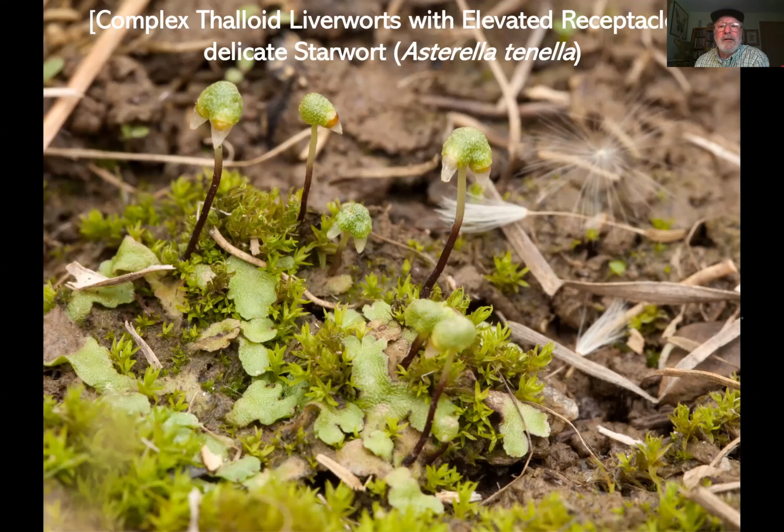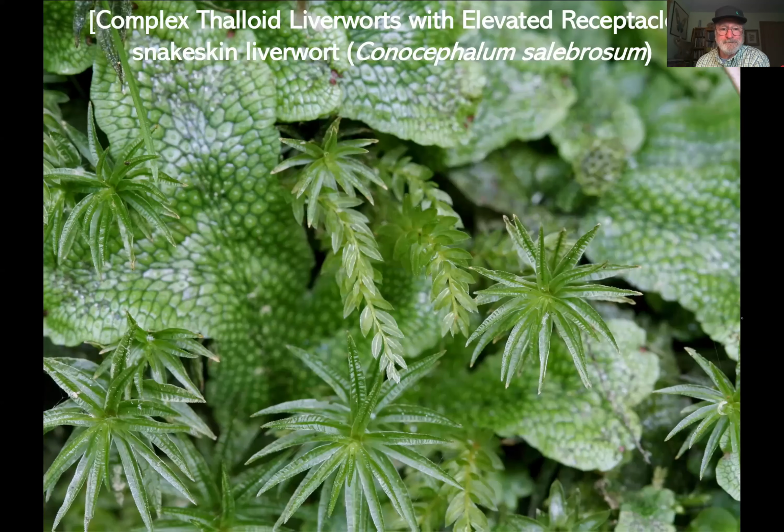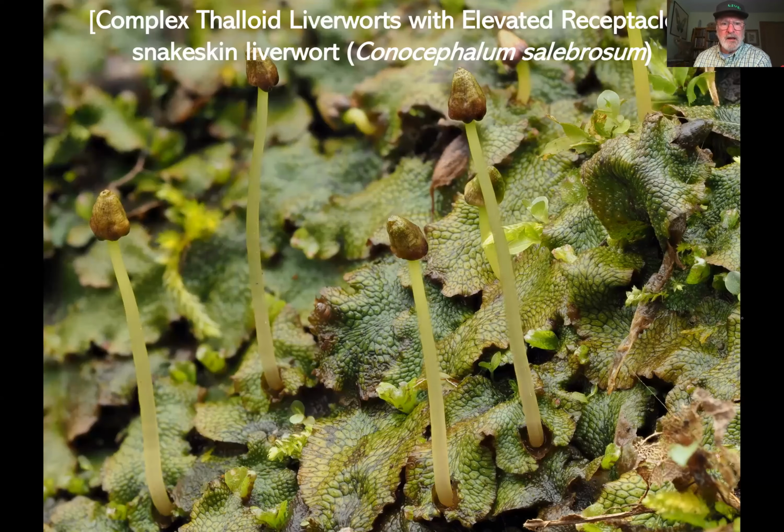Here's another thalloid liverwort. It's called delicate starwort, Asterella tenella. It's smaller than the Marchantias and the Reboulia, and this one was growing on soil in a wetland prairie restoration. So here's perhaps one of the most well-recognized and commonly found liverworts. It's snakeskin liverwort in the genus Conocephalum, and it's got really big geometric shaped air chambers with prominent pores in them. Here's Conocephalum in the